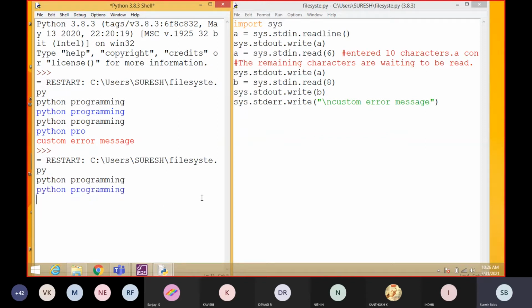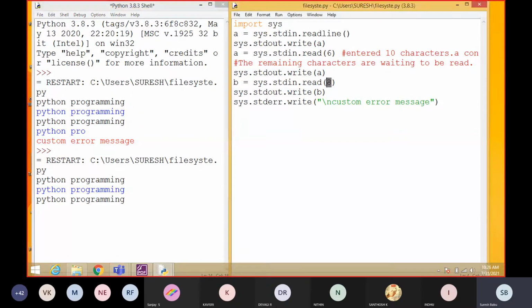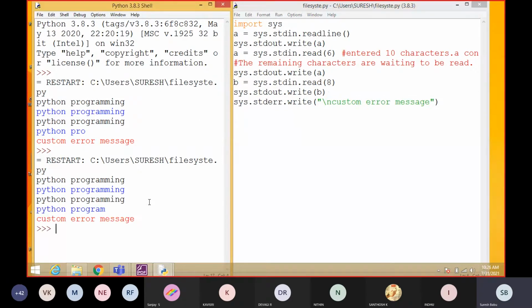See, the first time it displays everything because we used readline to read the entire data. Then the next read function requires the data, so Python programming I am giving as input. See, totally it is going to display 14 characters, 8 plus 6, 14. But it is showing immediately, that is why we have two messages. Otherwise I will show you this with a custom message before, to show you the difference. So after this I will show you that.